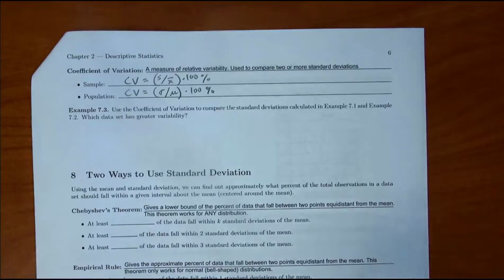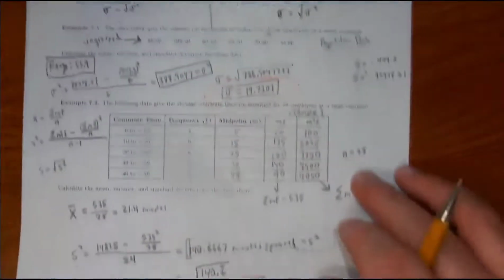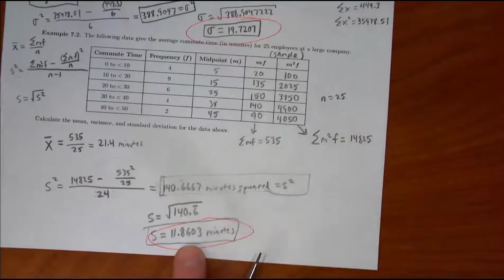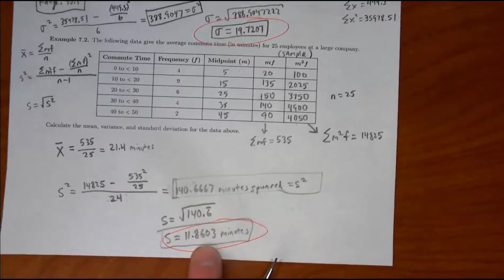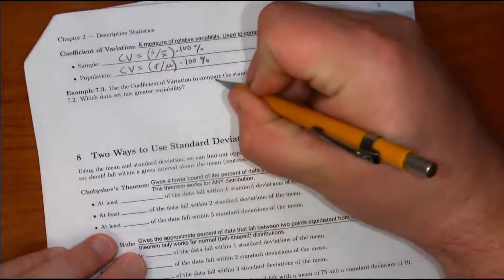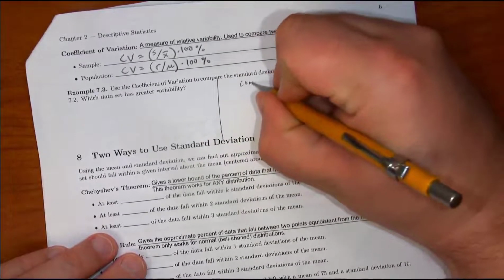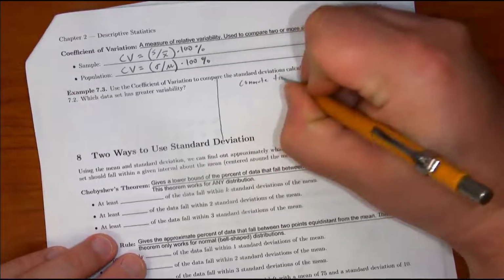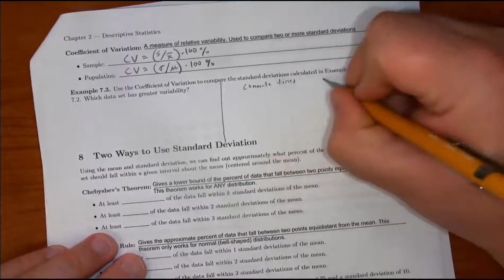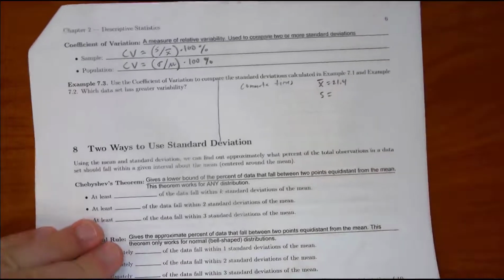So let's see. The second one, okay, we had a standard deviation of 11.8603, and we had a mean of 21.4. So let's jot that down. Here, I'll do it on the right-hand side. That was the second one. So this was the commute times data set. It had an x bar of 21.4, and it had a standard deviation of